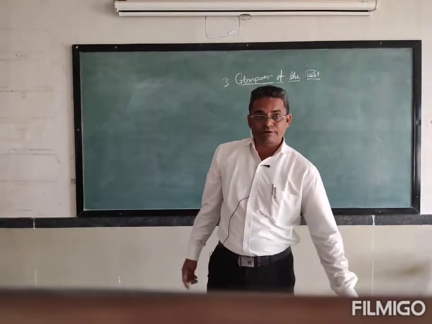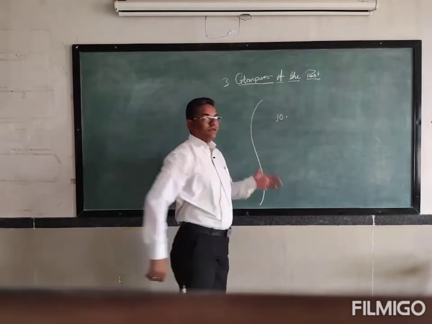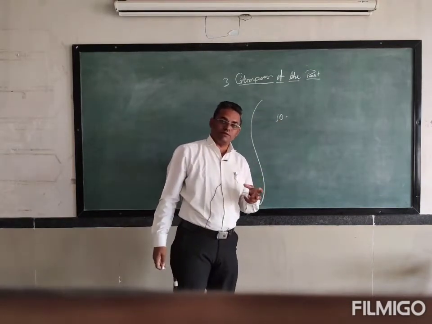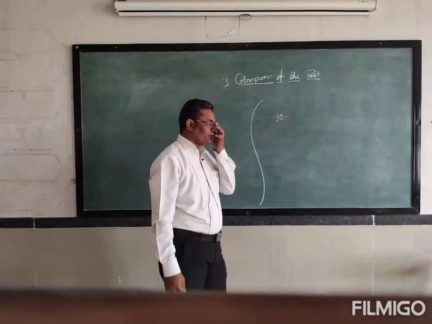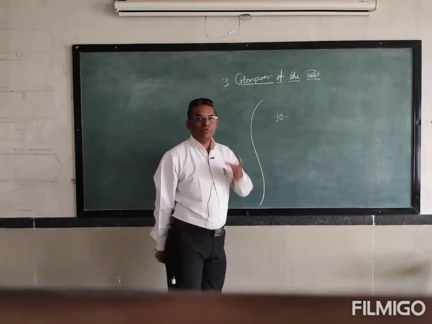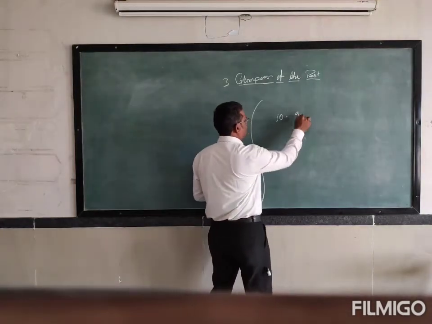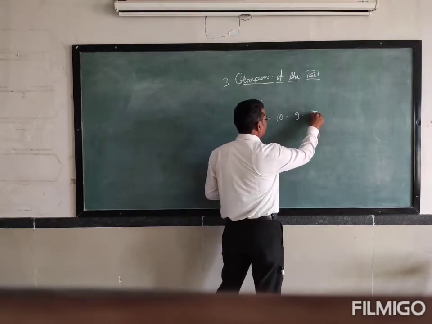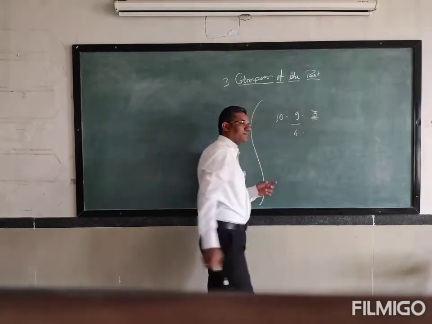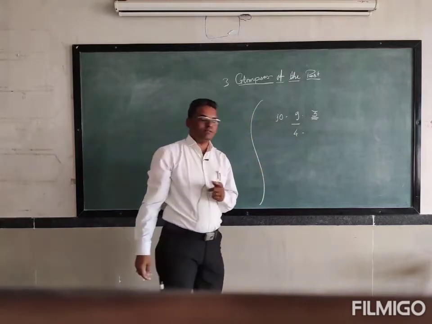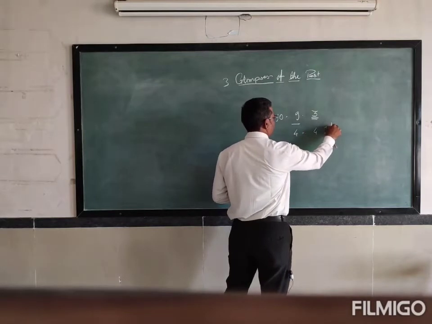See, there are 10 units. How many units are there? 10 units. In these 10 units, according to the CBSE circular, to reduce the 30% syllabus, we may reduce only one unit. Okay, only one unit, so that will be 9 units. Now we have started the third unit. Half of it, that means 4 units, we will complete one more unit in this month, and our syllabus for the first term